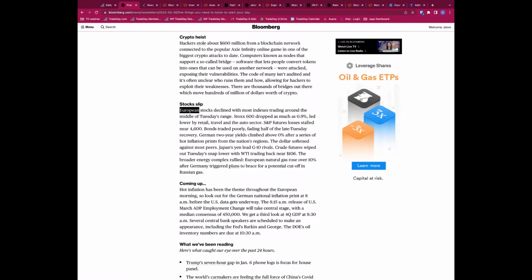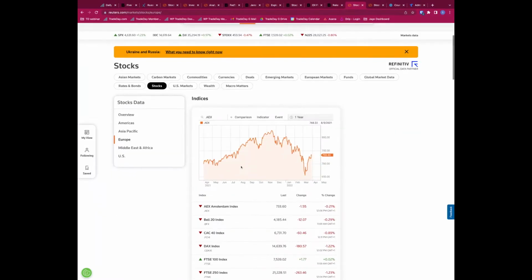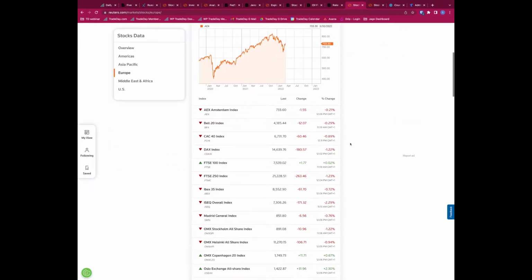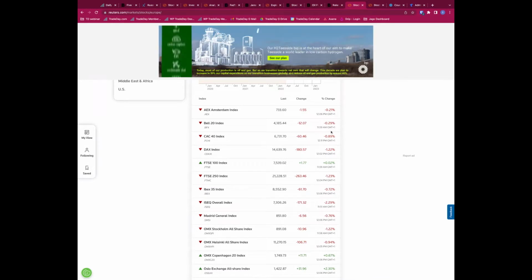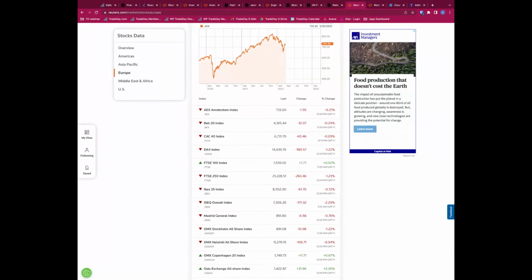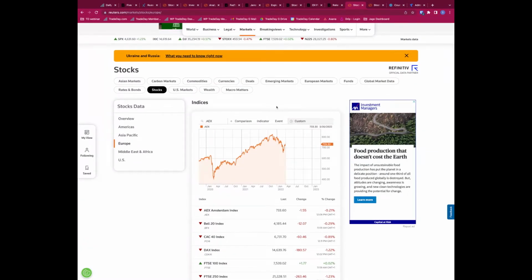Stocks slightly lower. We'll take a quick look at those. If you take a look in here, you see European stock indices down, not hugely down. Some of the bourses are only down 0.33%. The French CAC index is down just under 1%. The DAX is down 1.2. FTSE is actually hanging in unchanged in here. So markets are slightly lower in Europe on the back of that high inflation news from Germany,